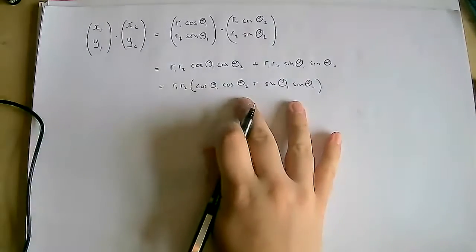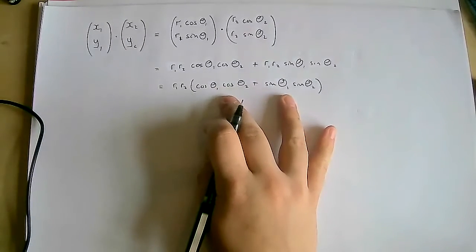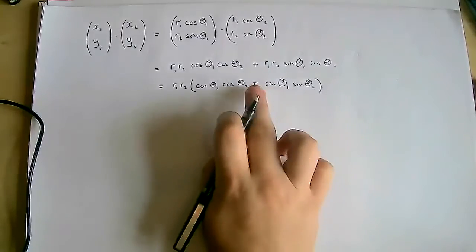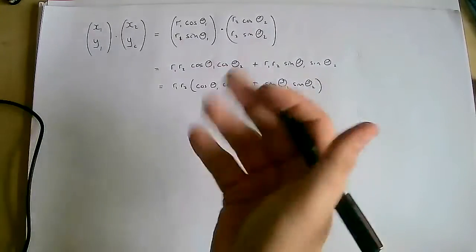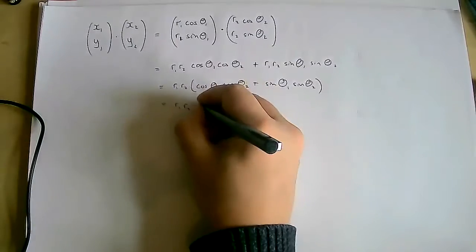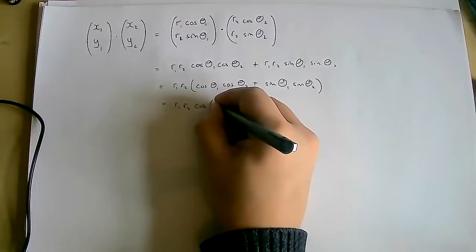Now, if you've remembered your trig identities, you will recognize this. This is actually the difference. It's the cosine of the difference of the angles. It's the cosine sum, but it should be a subtract here, so the sign has changed. So we get r1 r2 cosine of the difference